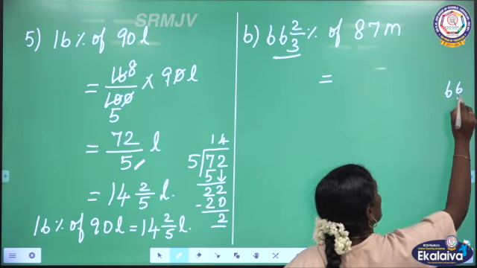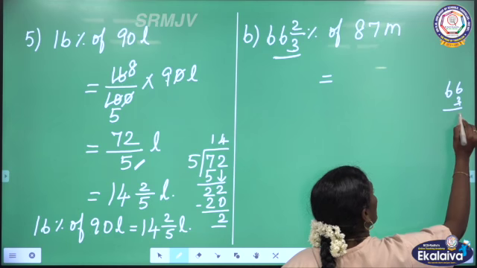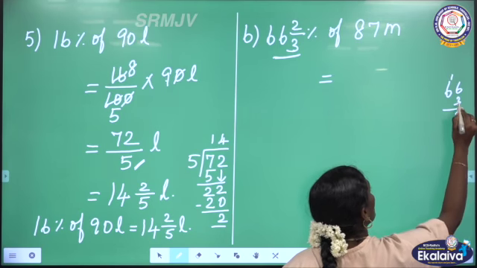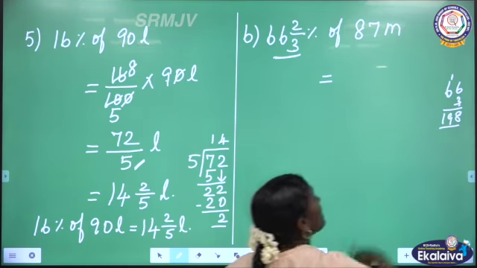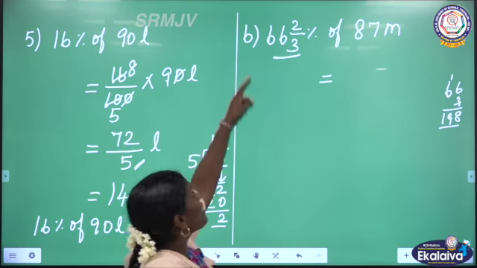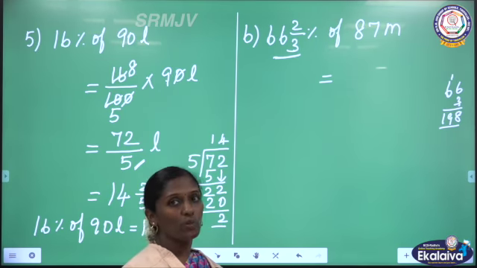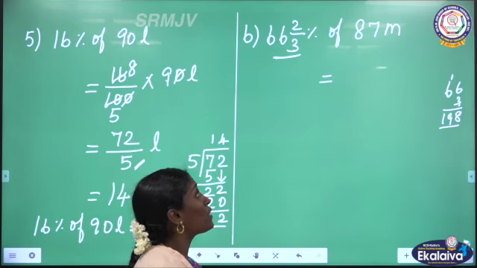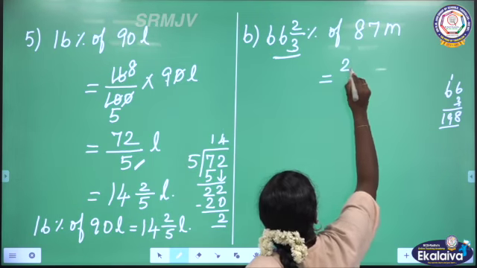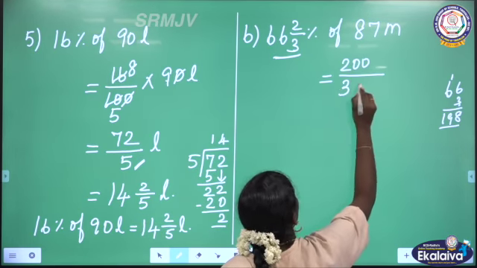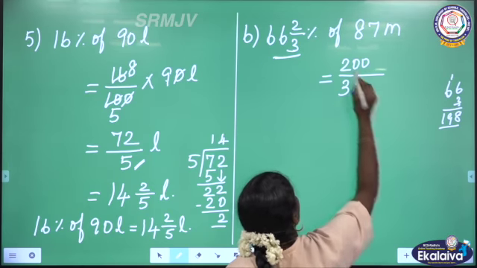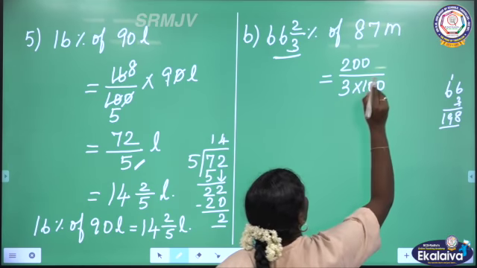See, 66 into 3. 6 3s are 18. 8 here, 1 carry over. 6 3s are 18. 18 plus 1, 19. 198. Then we have to add the numerator 2, 198 plus 2. We will get 200. 200 divided by the same denominator 3, and for percentage we have to put 100 in